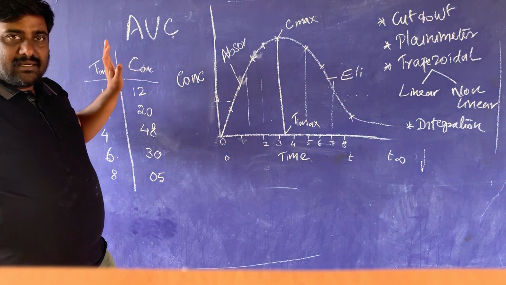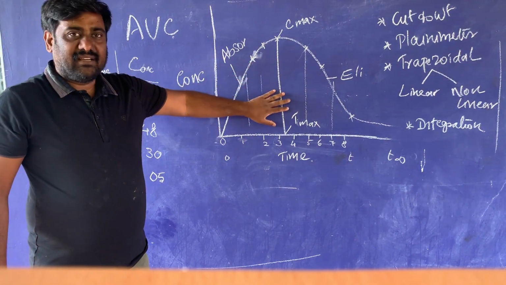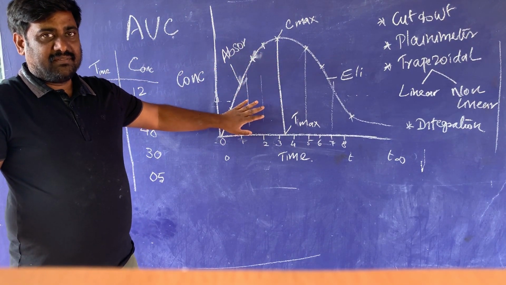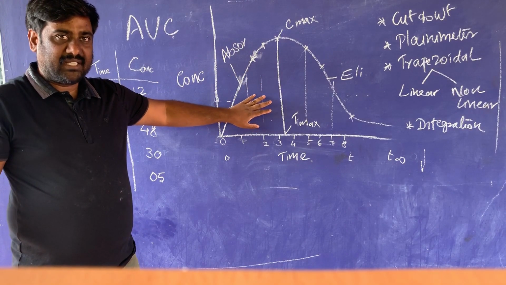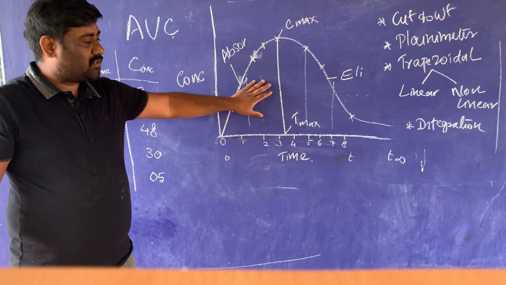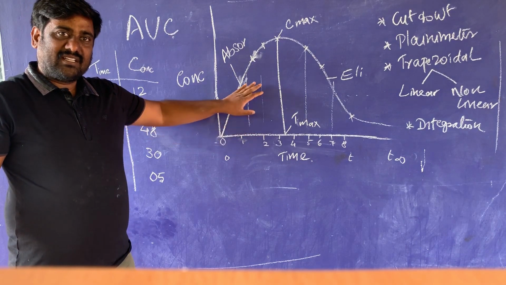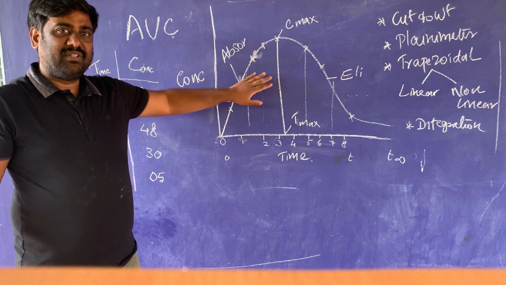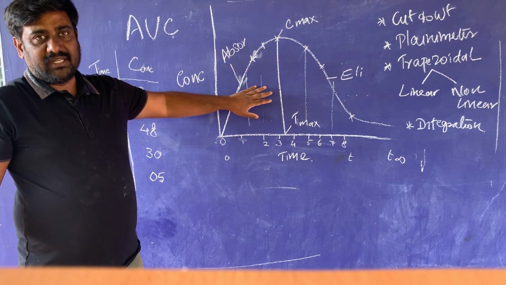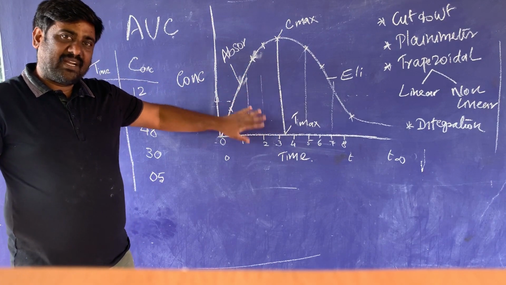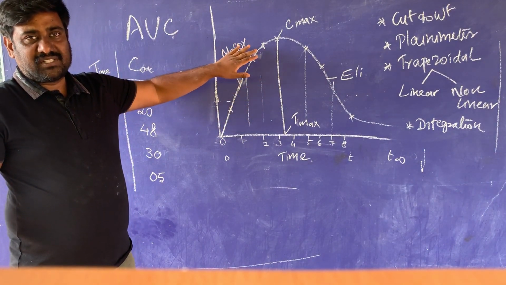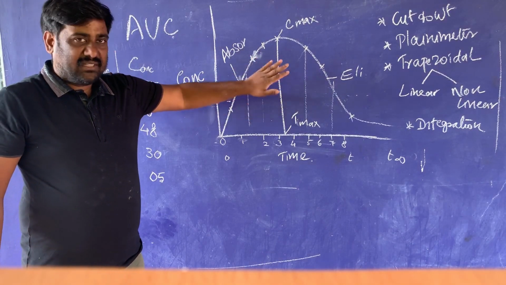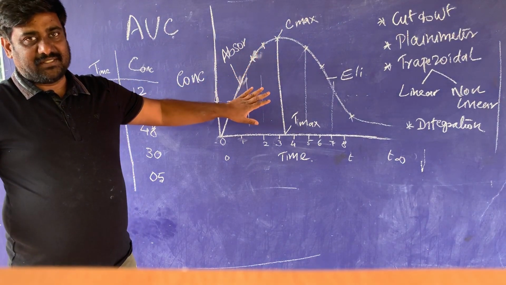So based on the drug reaches to the blood, the area will differ. So by using this AUC graph, for example, you wanted to check the relative bioavailability of two different dosage forms. So these two graphs are plotted. When comparing the area of each graph, the ratio between these two will give you the relative bioavailability. The same graph is compared with intravenous route of administration AUC, you will get absolute bioavailability. So now by using this graph, what are all the parameters can be checked?